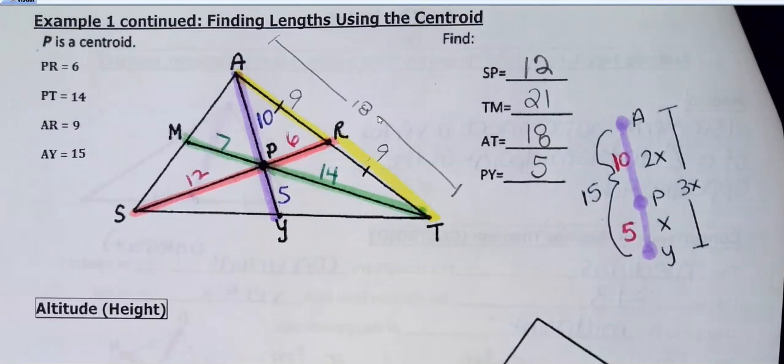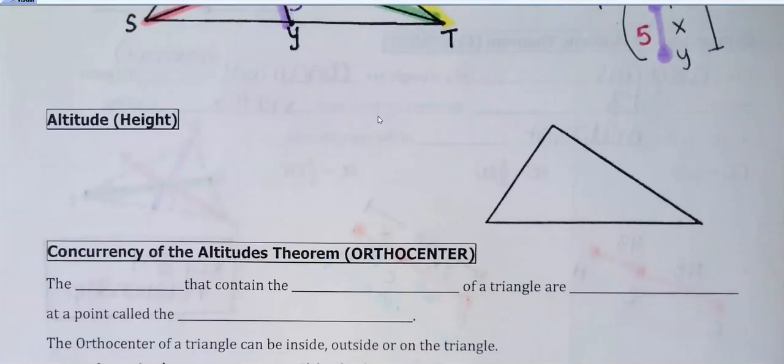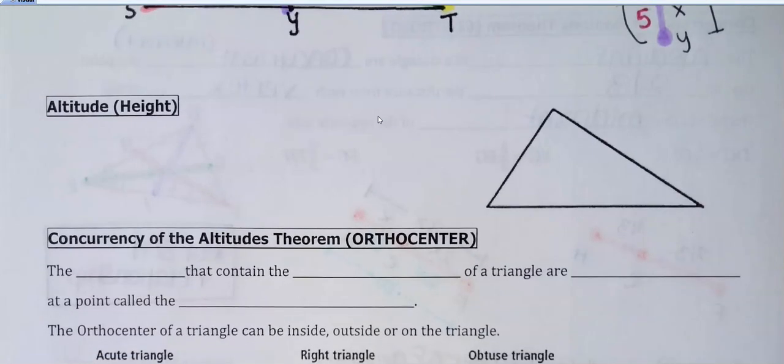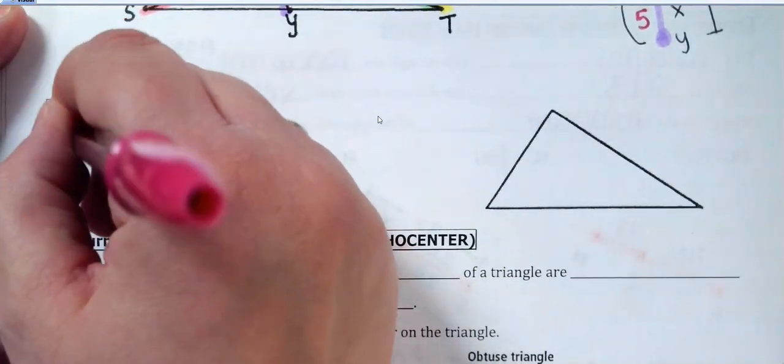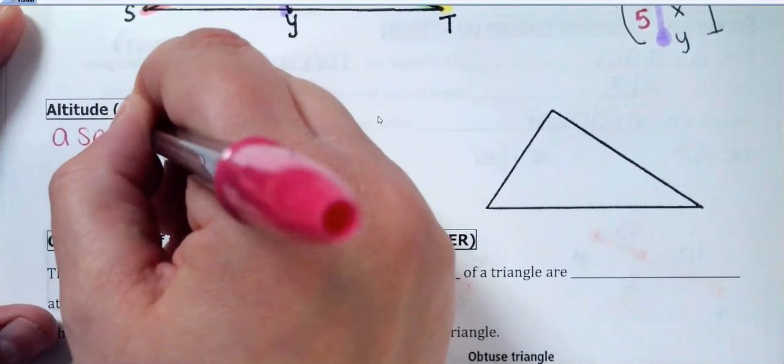Okay, this is the last one. And we're going to talk about the orthocenter. To get the orthocenter, you draw the height or the altitude, and there's three of them, one from each vertex of the triangle. So an altitude could be a line, a segment, or a ray. I'm just going to write segment